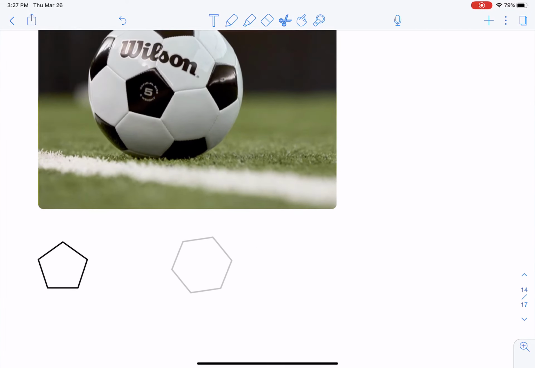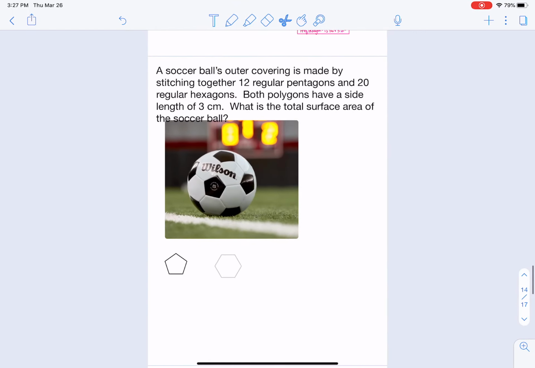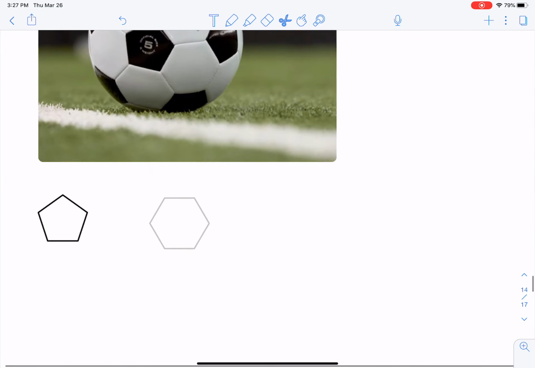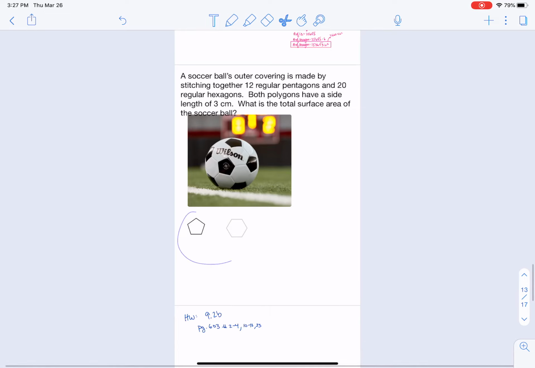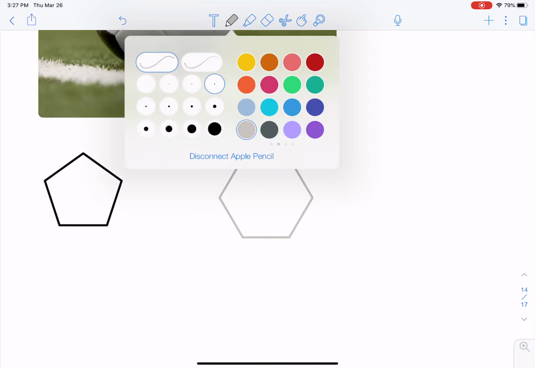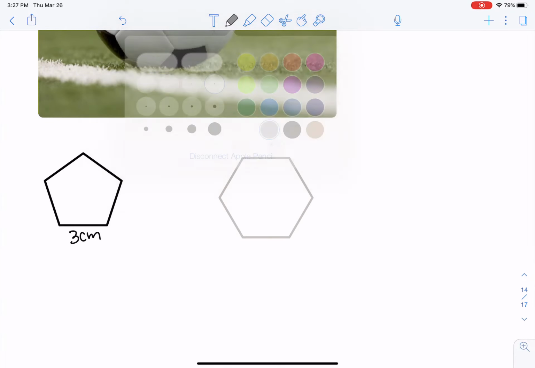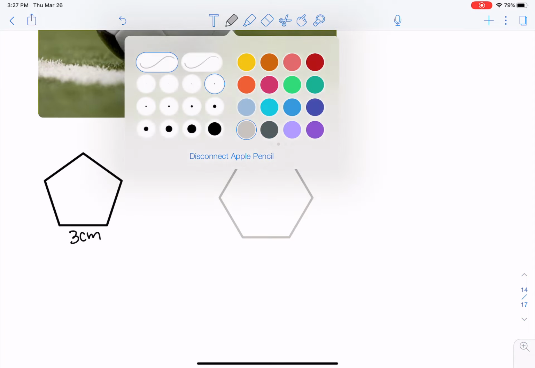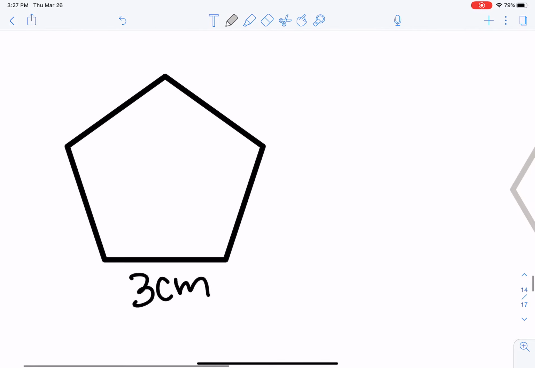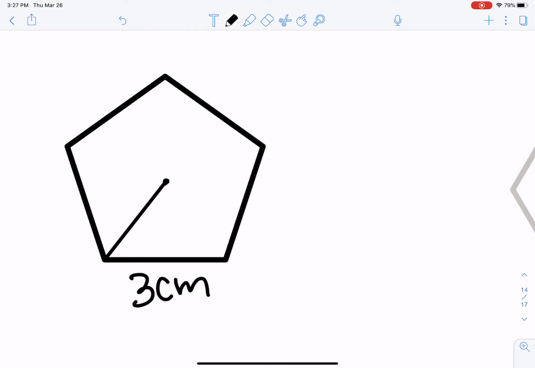They want to know how much material are they using for the soccer ball. The only thing they tell us is that they have a side length of 3 centimeters. So let's get started. Make these a little bit bigger. And the only thing they told us was that this is 3 centimeters. So we can find the area of a pentagon. This is just practice from yesterday. We'll go to the center,